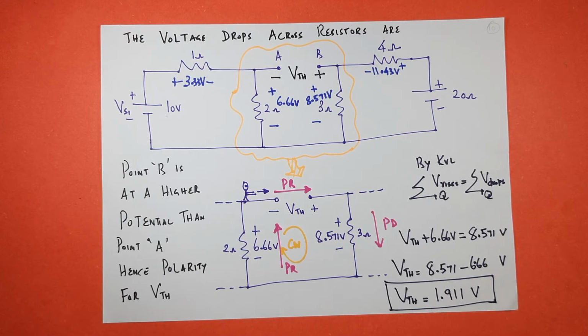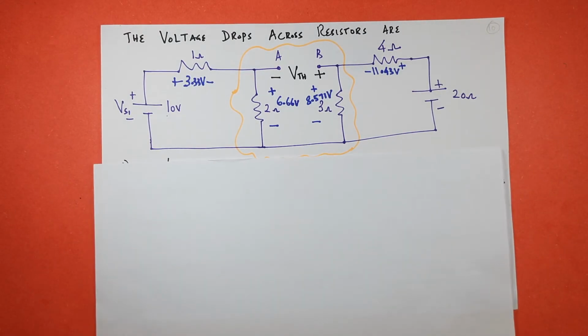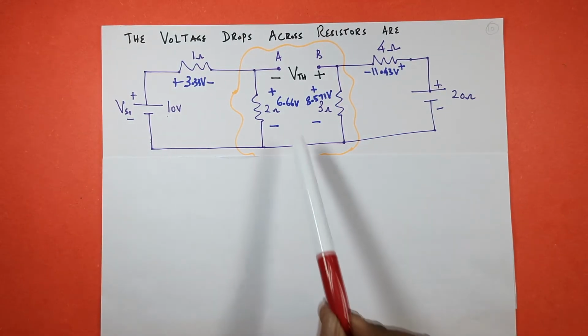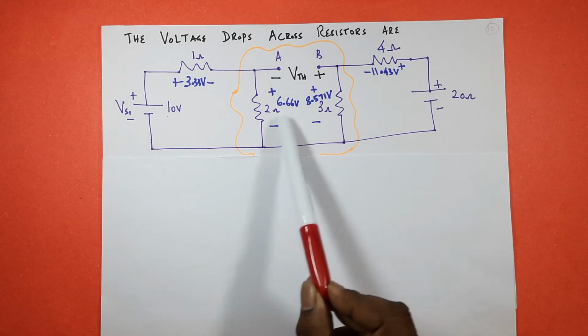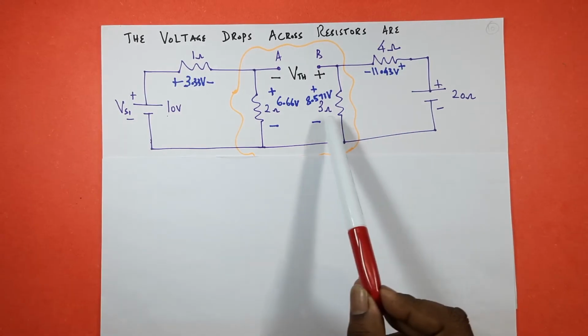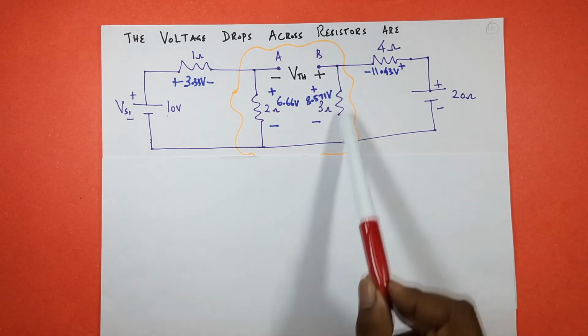Okay. So now we know the current. You can find out what is the voltage drop across various resistors. So you have to multiply the current through the resistor by the value of that resistor. So I1 multiplied by this, I get like this. I1 multiplied by 2 ohm, we get like this. I2 multiplied by 4 ohm, we get like this. I2 multiplied by 3 ohm, we get like this.